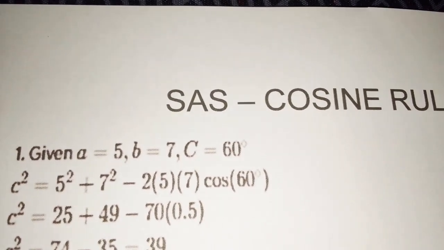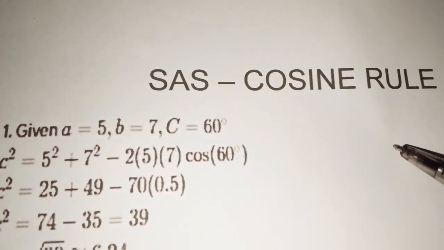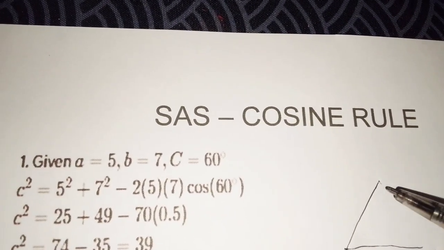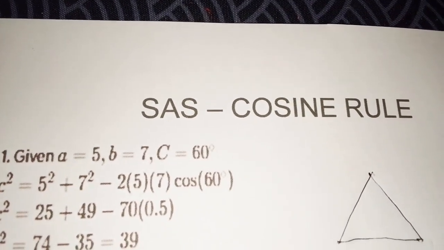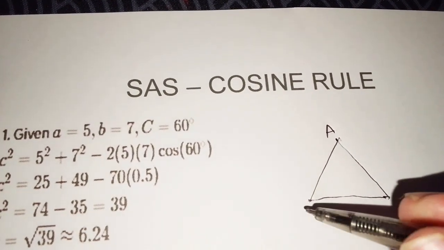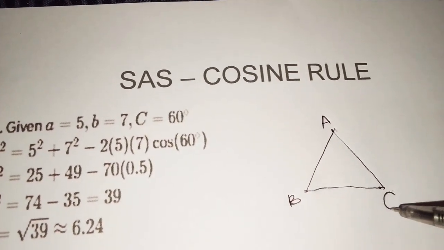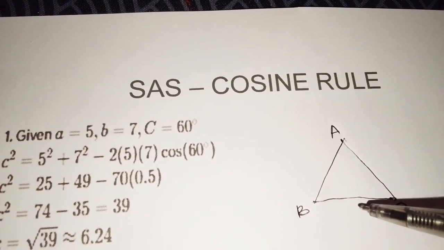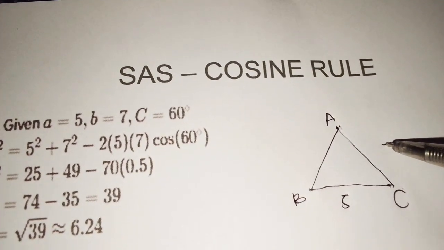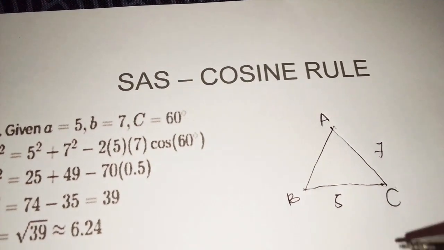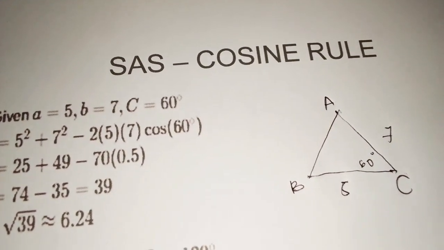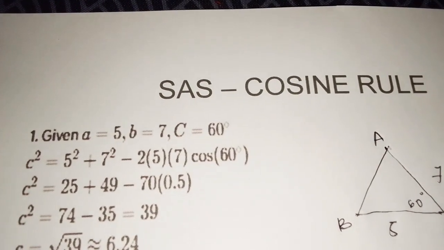So you can draw the triangle. Okay, so it's like this, but you can use the ruler, guys. So supposing this is the A, this is the B, and this is the C. Side A is 5 and side B is 7, and you don't have the value of side C, but you have angle 60, so there was 60 degrees. So that's the visualization of problem number one.